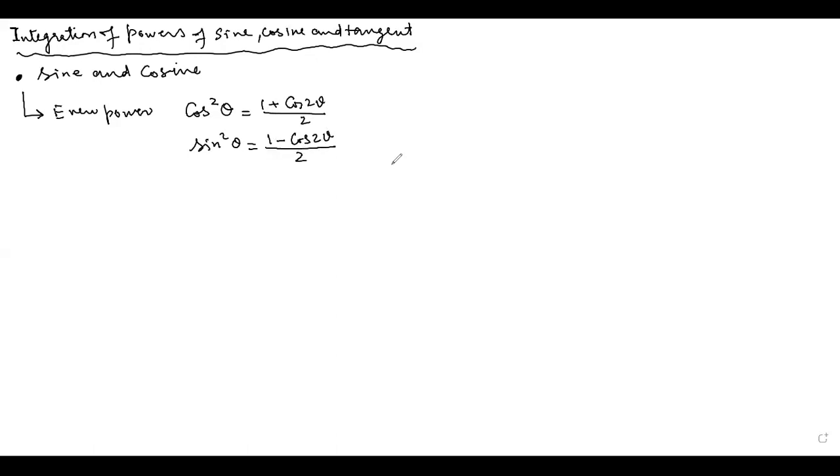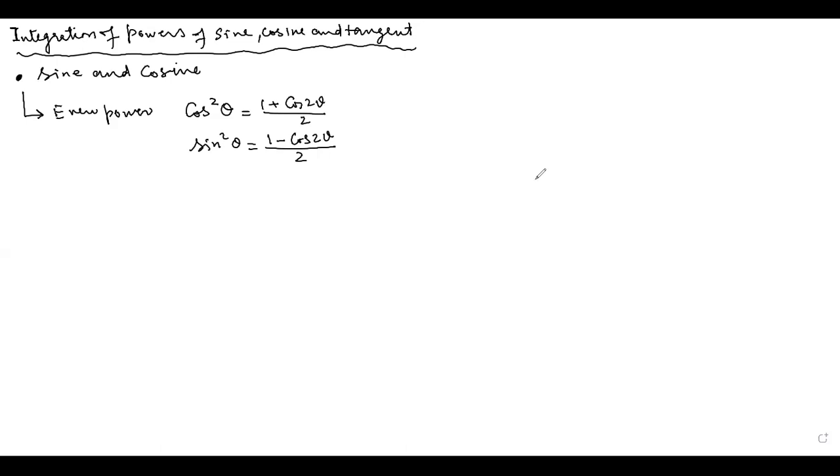You know that we have three different formulas for cos 2 theta. Cos 2 theta is equal to cos square theta minus sine square theta, 2 cos square theta minus 1, and 1 minus 2 sine square theta. Now, if there is an even power of sine, cos, or tan, then we will use these two formulae to integrate